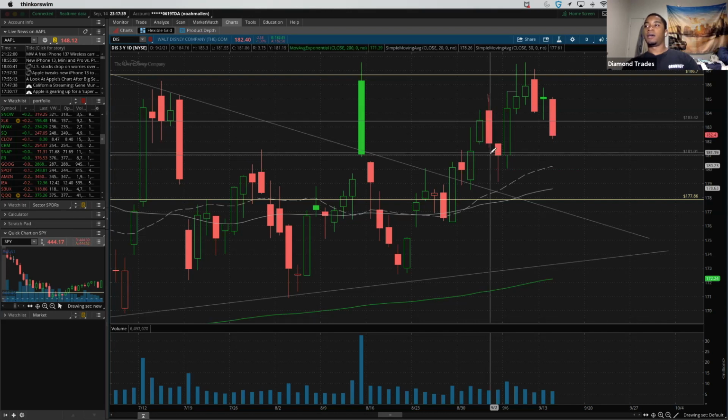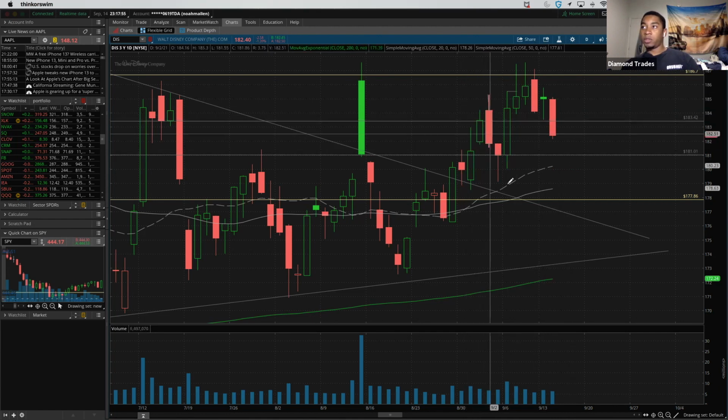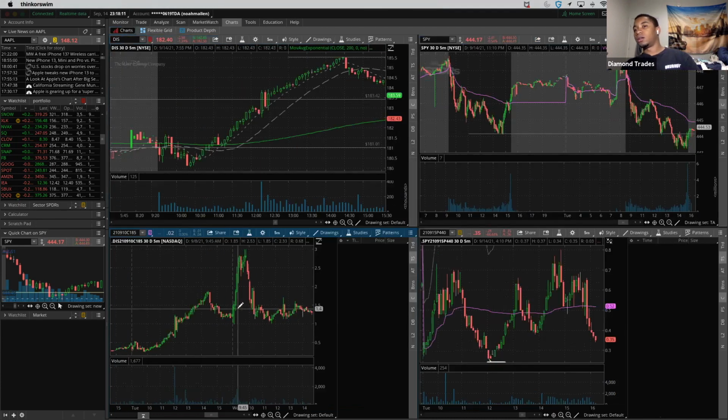That's when you're going to get those premiums the cheapest, particularly when you're swinging. You don't want to buy, especially for swings, when we're testing resistance and expecting a breakout, right? Because let's say I had bought the calls here on 9-1, we're testing this resistance, and we do eventually break it, but not until 4 days later. And we know with options contracts, the nearer dated they are, you're going to lose a pretty significant amount of premium as time goes on. So we can actually check that. If I had bought them on 9-1, let's just say at the close